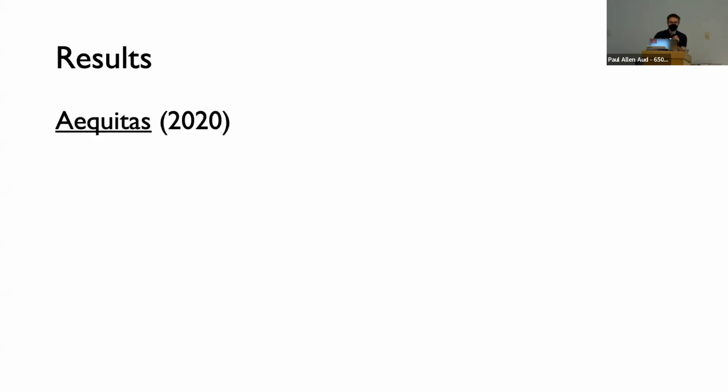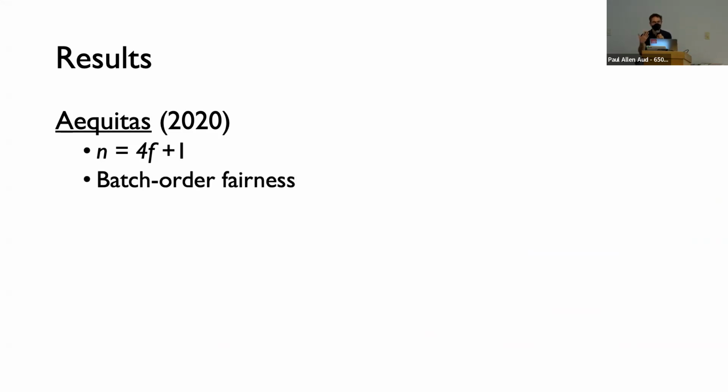Okay. We had a couple of results in this area of temporal transaction ordering. The first is in a paper on a suite of protocols called the Equitas family of protocols. We don't get the 3f+1 that Christian was referring to in the last talk, but we get 4f+1, a fairly close adversarial threshold. We enforce this notion of batch order fairness that I just referred to in the previous slide.